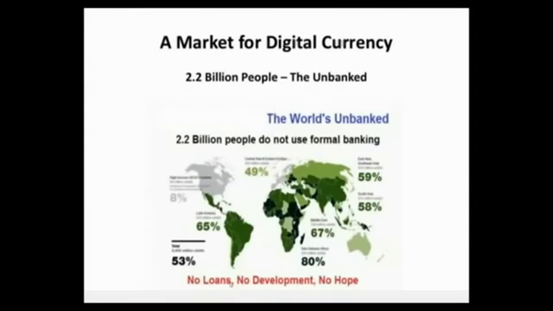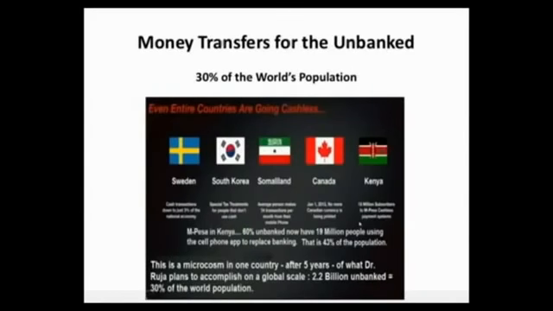The next slide. There's a big market in the world for unbanked people. These are people that do not have access to formal banking, and most of them are in Asia, Africa, South America, Mexico. A lot of them are using Western Union, and they would love to use something else like cryptocurrency. 40% of all the people in the world do not have banking. Next slide. You can transfer money, and these countries have come up with different ways to do electronic transfer to replace money. The next slide.